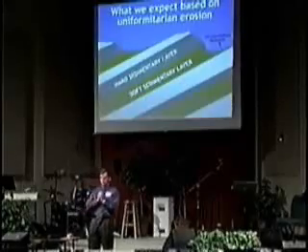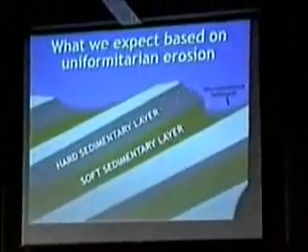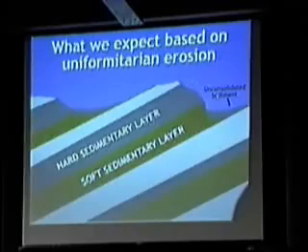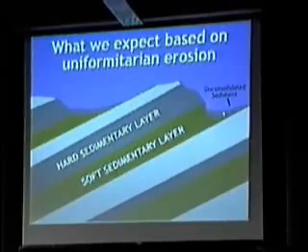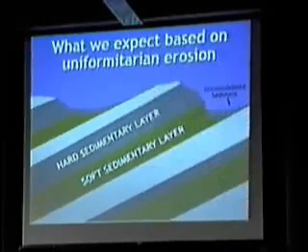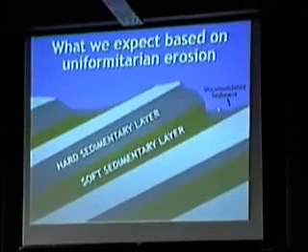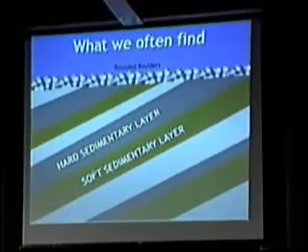So what should we expect from uniformitarian erosion, slow processes over millions of years? Well, the resistant sedimentary rocks, the hard layers, will get eroded less and they will stand up as ridges. The softer rocks, that's what you will erode, and the unconsolidated eroded debris will collect in the valley or be taken from rivers downstream and end up in the ocean. That's what you should predominantly see. And we do see a lot of that. I mean, we can explain that in the flood also, but that is what we commonly find all over the earth. The hard and soft